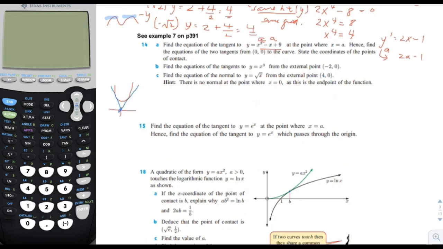That's the new gradient. Okay, so now I'm going to write the equation for my line, which is y minus my y coordinate. And the y coordinate, let's see, we know the x coordinate is a. How do we get the y coordinate? We simply put a into this y equation here. So we get a squared minus a plus 9. So it's y minus a squared minus a plus 9. And that is equal to the slope, which is 2a minus 1,